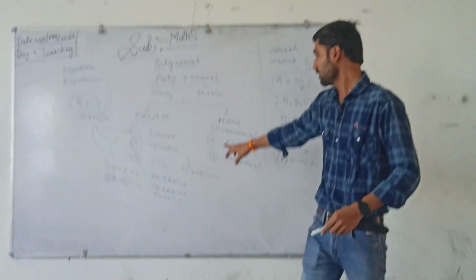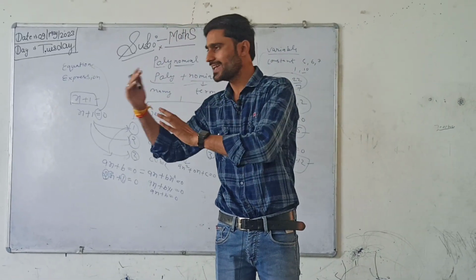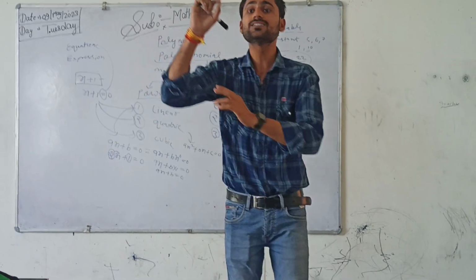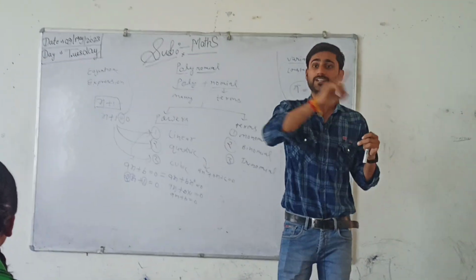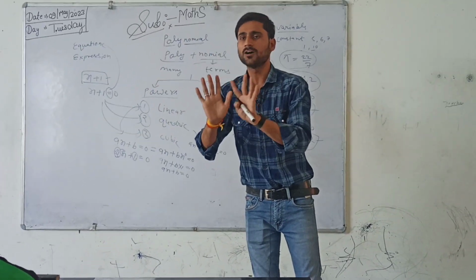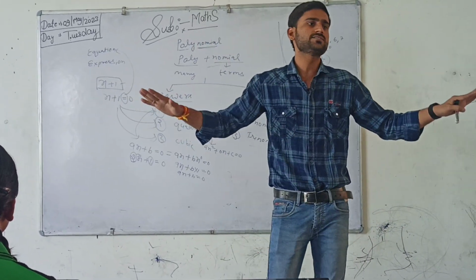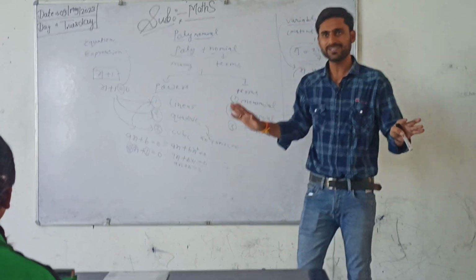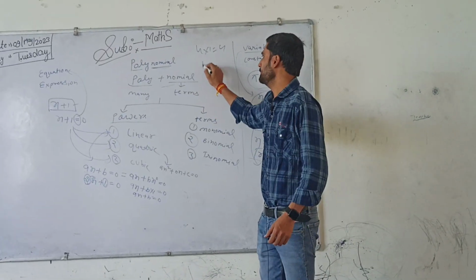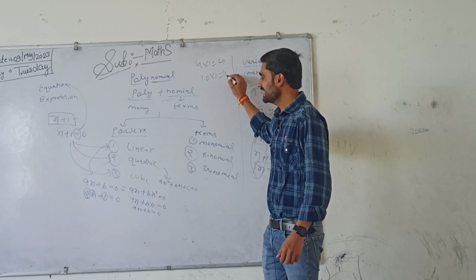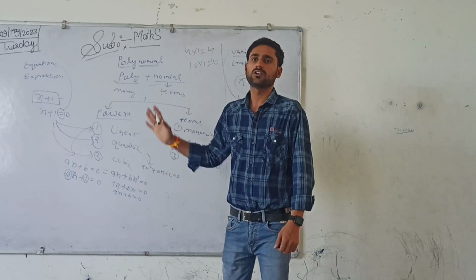Now is it clear? If we talk about the quadratic equation, it should be ax to the power 2 plus bx to the power 1 plus cx to the power 0. Because the value of x to the power 0 is 1, if we multiply c into x to the power 0, it is only c. Why? If we multiply any number by 1, it will always remain the same. Now clear, beta? If we multiply 4 by 1, it will always be 4. If we multiply 10 by 1, it will always be 10. That's why if we multiply c into x to the power 0, it will always be c.